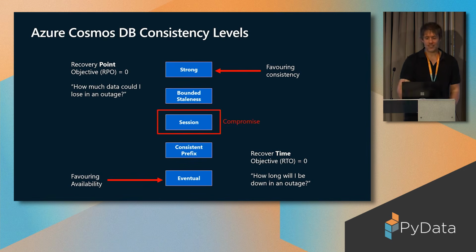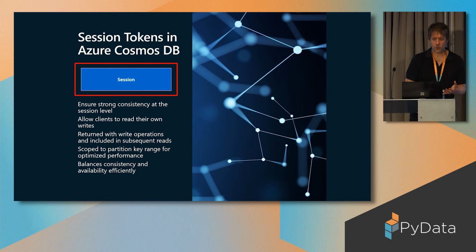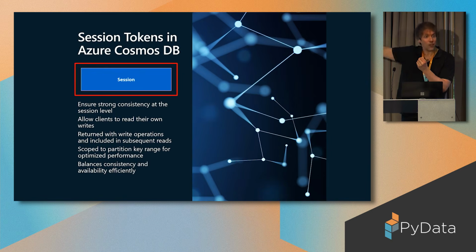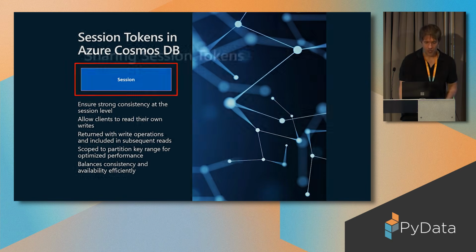In Cosmos DB, the default trade-off is something that we call session consistency. And so this is where strong consistency is only at the session level, meaning the client, the application that is connected to the database, can read its own writes. In other words, monotonic reads and writes scoped to a partition range. So in other words, you're getting strong reads on all of the data that you write, but you're not paying the performance cost of having to guarantee strong reads on every single other client. So there's a compromise going on there.